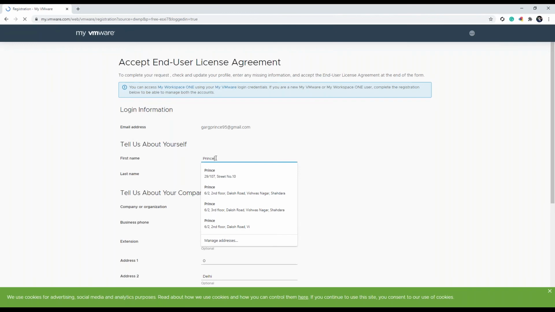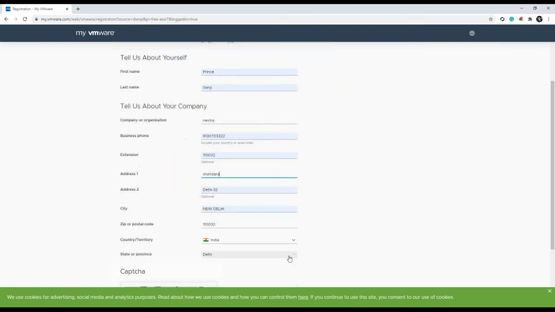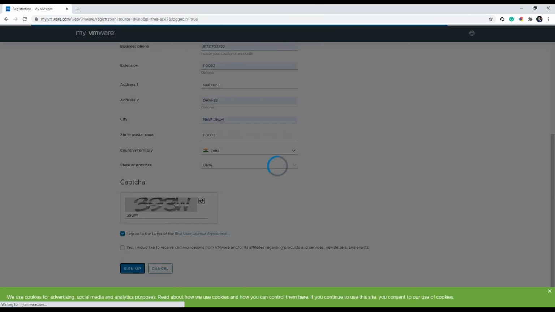For registering, you will have to enter a few details. Let me type in all the details. You need to enter the captcha as well, and click on sign up.